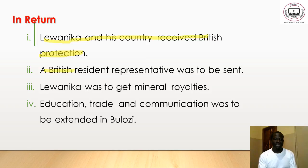Number two, a British resident representative was to be sent to stay at the royal court with Lewanika. So a British resident representative was sent to stay with Lewanika at the royal court to show that the British were also protecting this